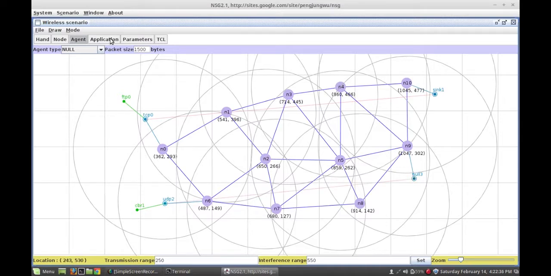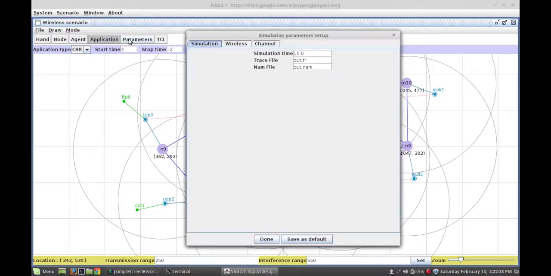Now as this is done, when you press Parameter, a simulation parameter setup window will open. There the total simulation time I can give is 12.